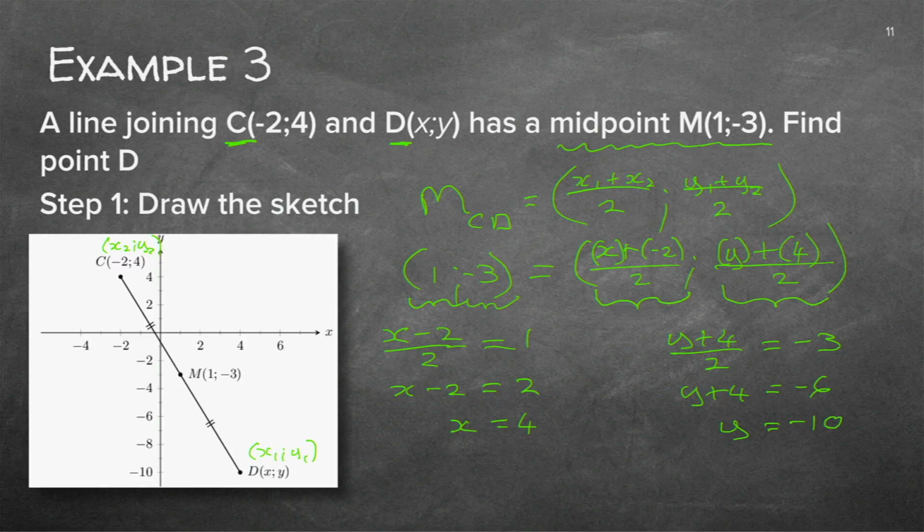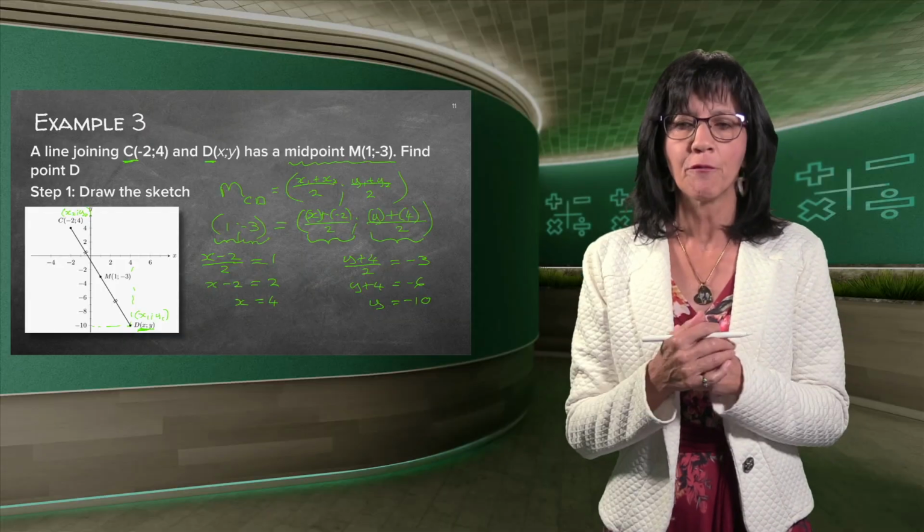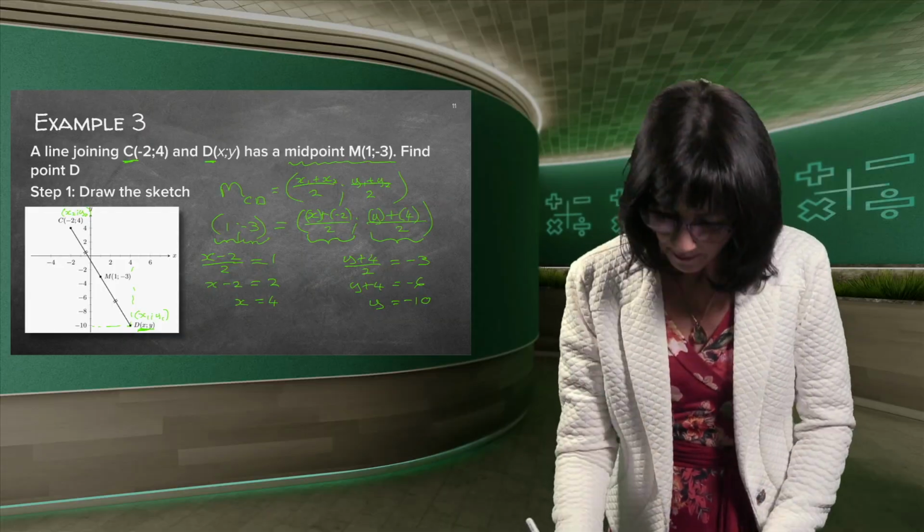Let's see if this is possible. If you go there, is it possible for the x to be a 4? Yes, actually it is. Is it possible for the y to be a minus 10? Now you see this is drawn according to scale, which you're not going to do because you will not have time in a test or exam. You will just have a rough one. But you will see very clearly my coordinate.